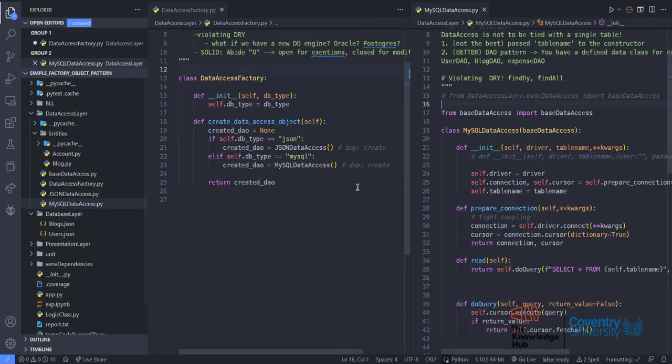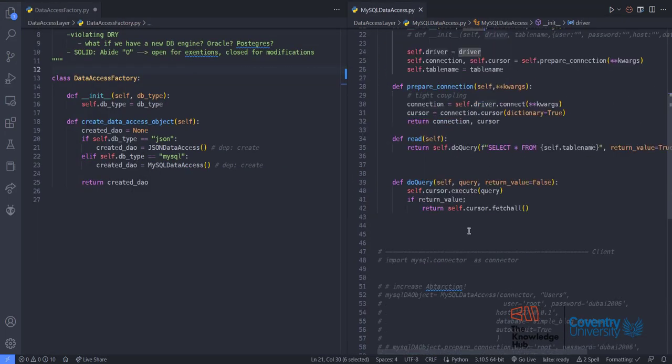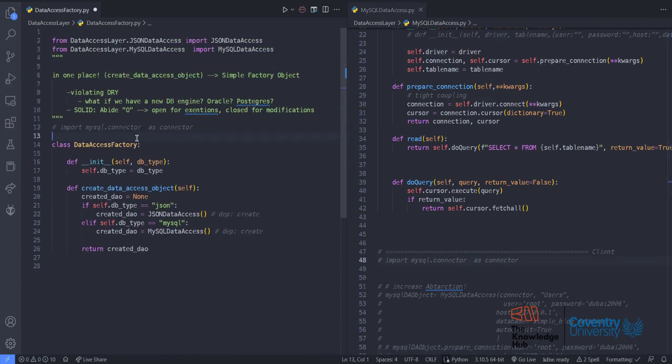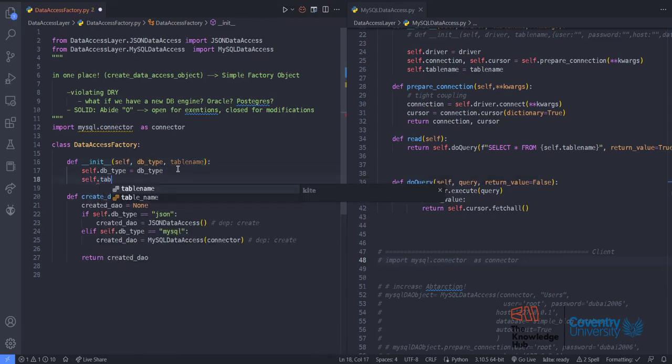So this essentially needed a driver, right? And we can just take the driver from here and actually put it here in this case because we're going to need it, right? So I'm just going to pass the driver. So this is the driver that I'm going to pass. Okay, and later on I need the table name, so I can just take the table name here from the constructor and store it inside a permanent variable, right? And just take this table name